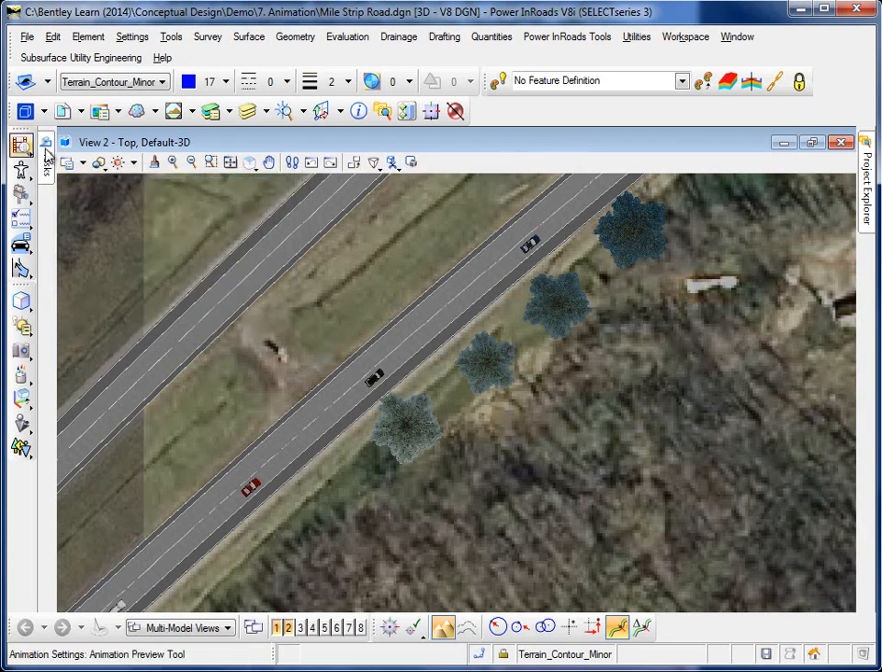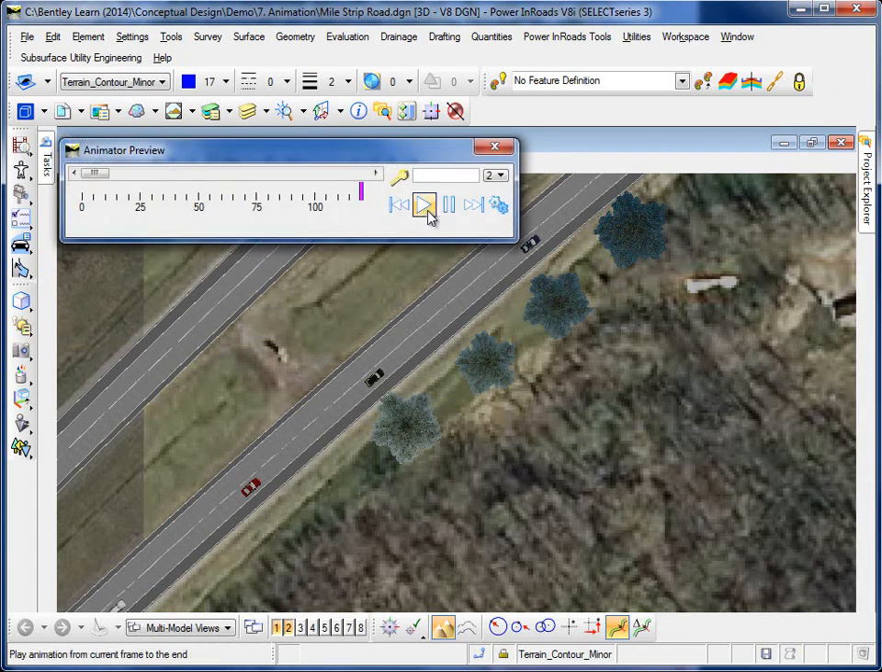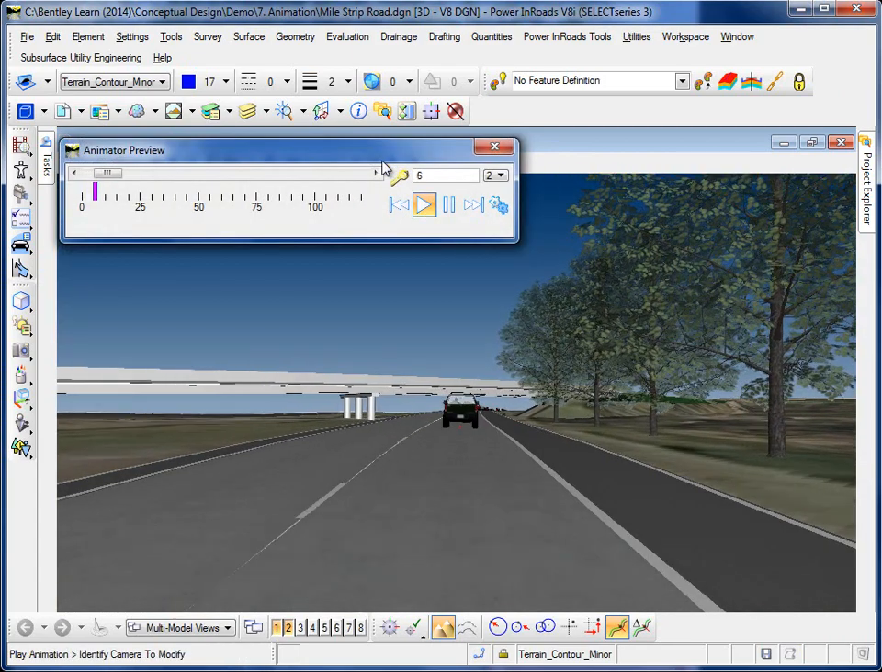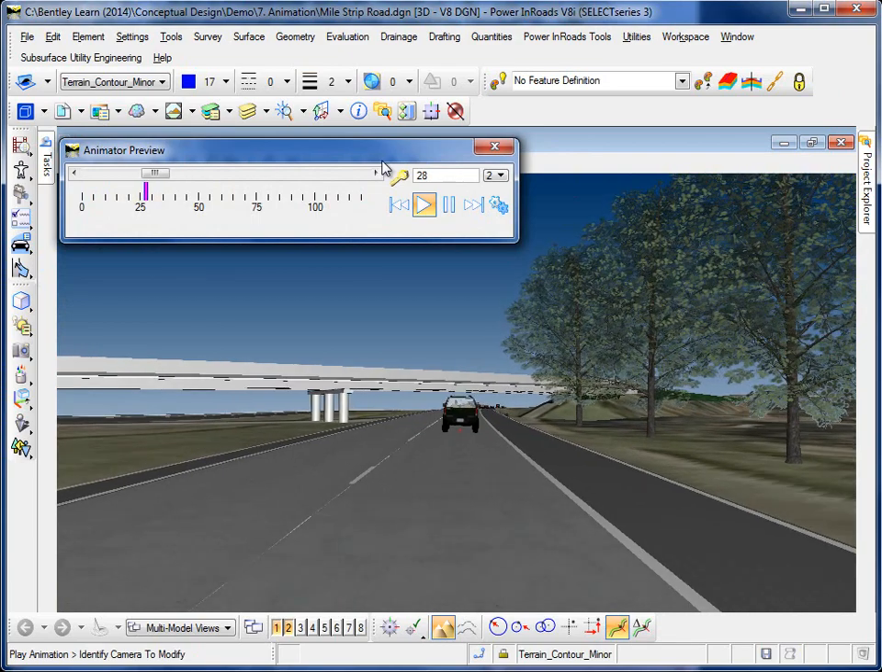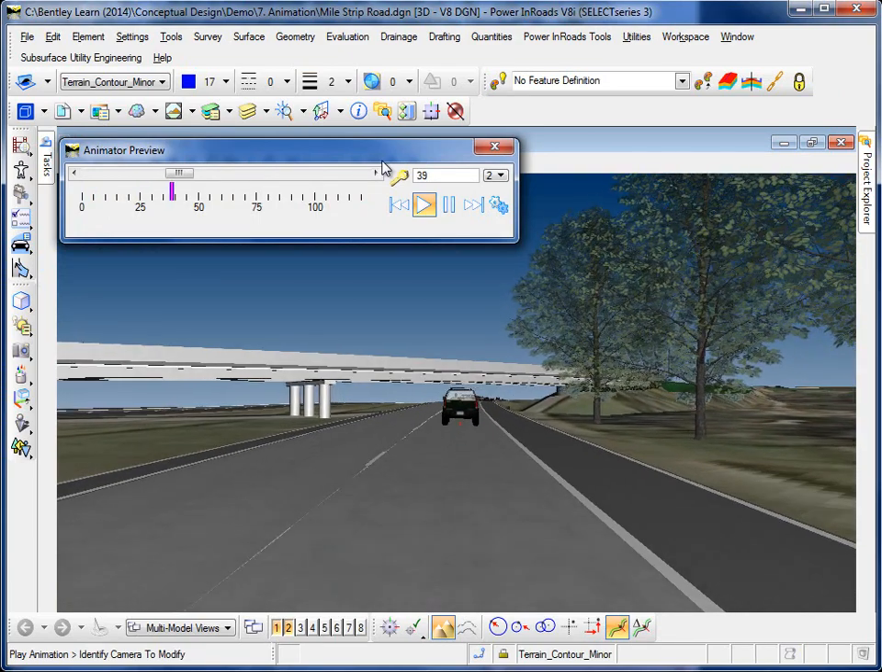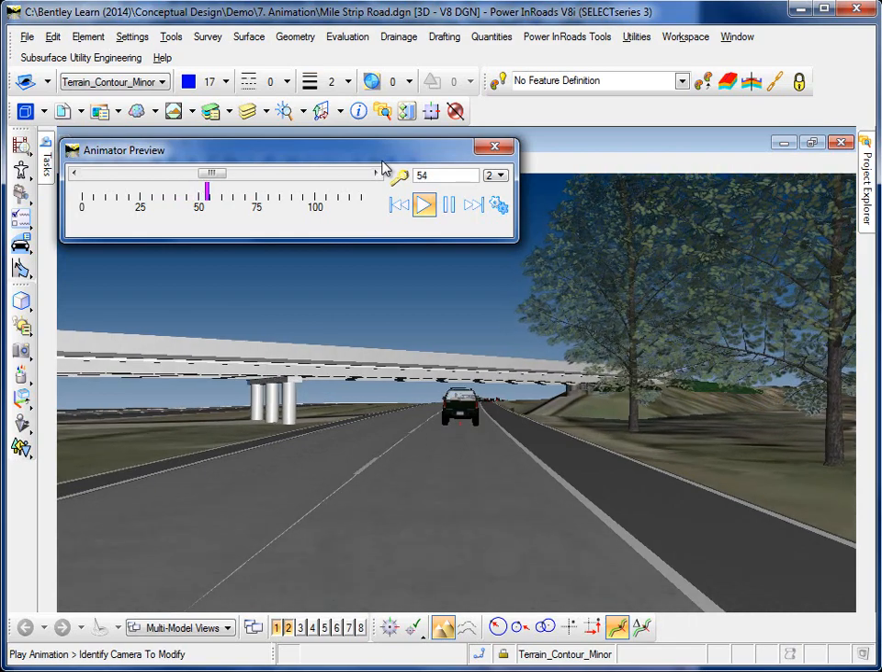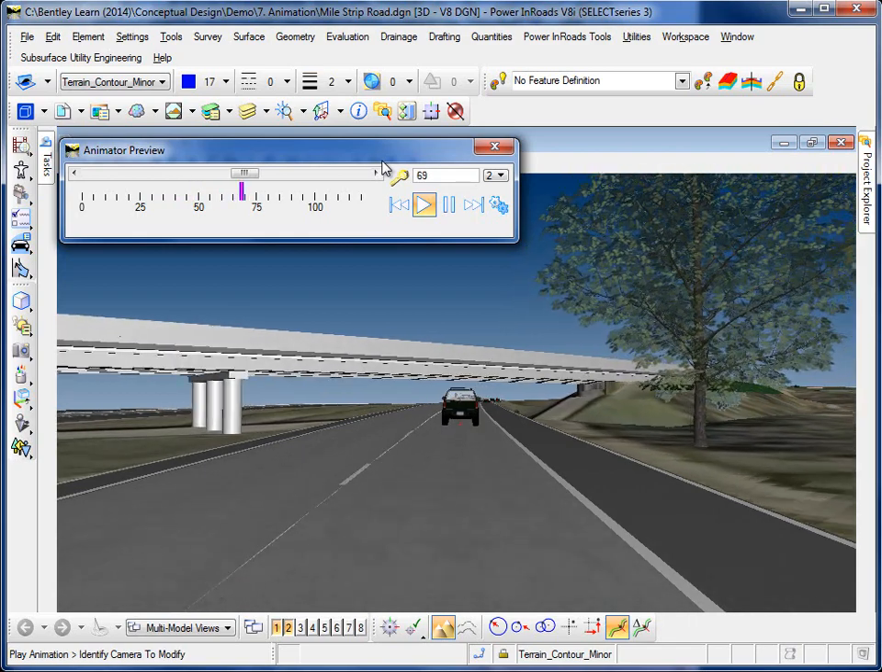Okay. Again, I'm going to go back to my preview tool, and we'll just ride along this, and there's the same tool, and there's the trees that I've placed over there on the right. So again, you can see very simple tools that work very